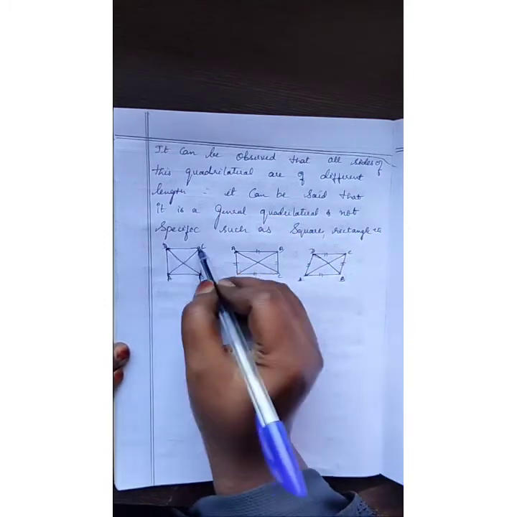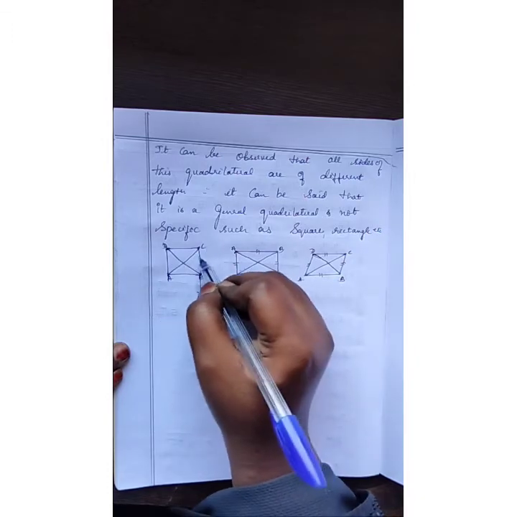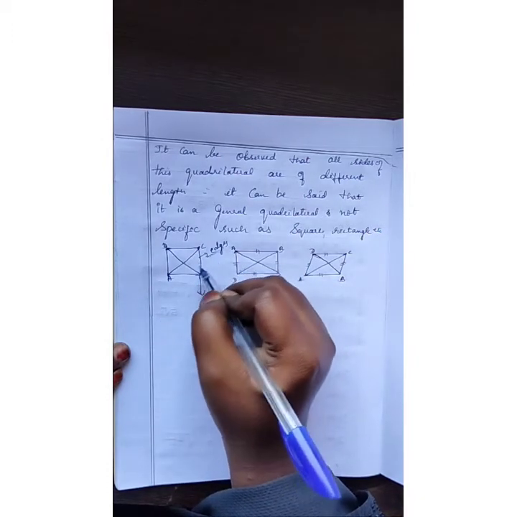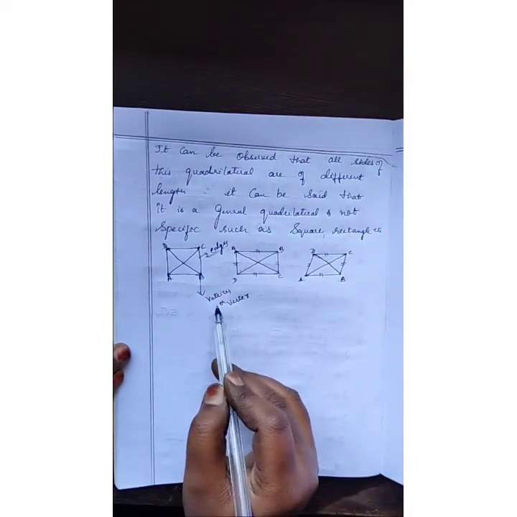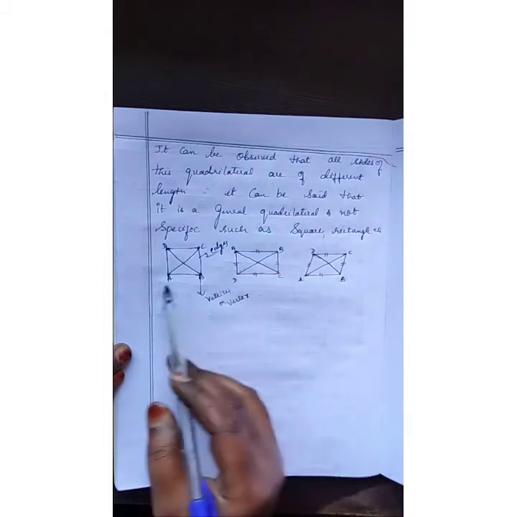Okay. And lines, see here, AB, BC and CD. These lines are called edges. Okay. What do you call these lines? Edges, and for points we call it vertex. Okay. What is quadrilateral? Quadrilateral is a polygon with 4 edges and 4 vertices. See, all these are quadrilaterals.